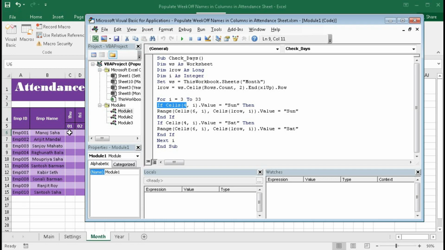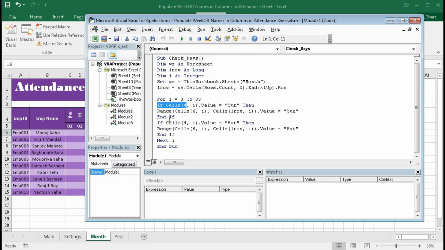So from this cell to the last row, which is this one, so up to this, and I is 3, so in the third column. So range from this cell to this cell, the value will be Sunday.